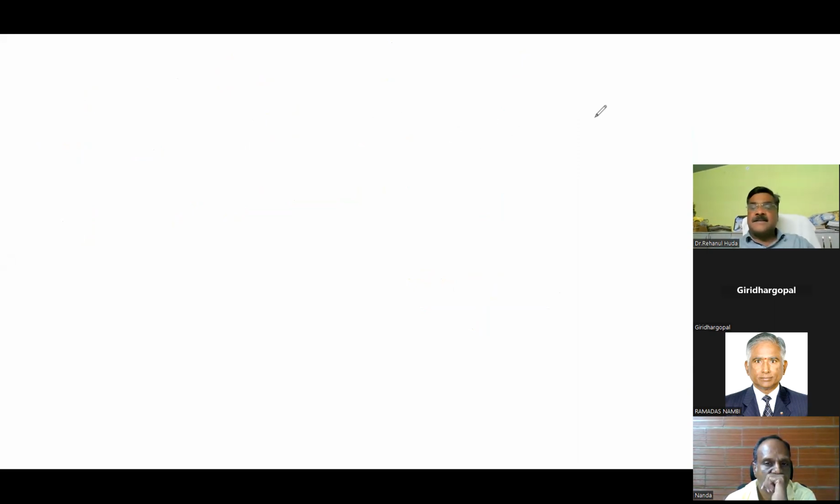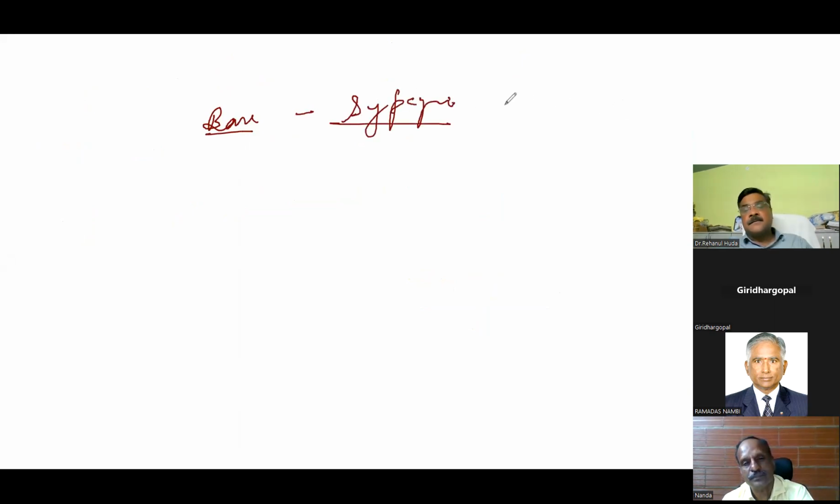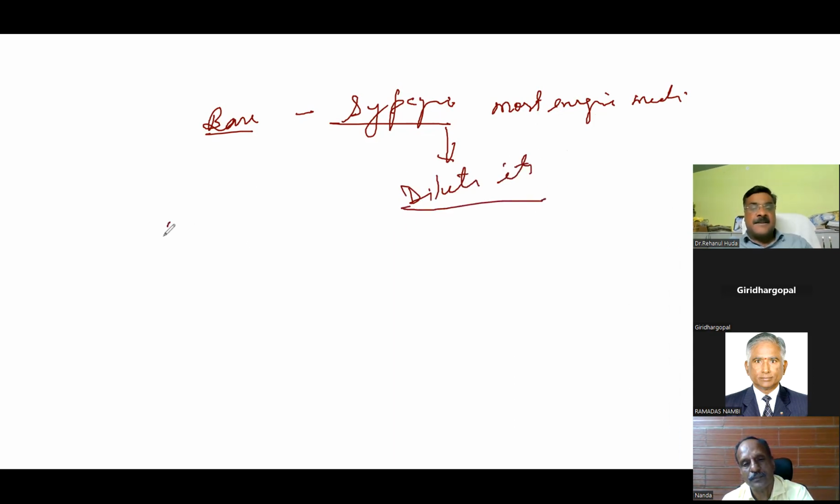But the basic difference is the base medicine. You can say the spagyric. Spagyric medicine is the most energetic medicine, and for further use, we dilute it. We dilute it means the spagyric is